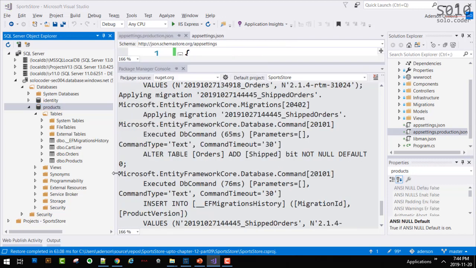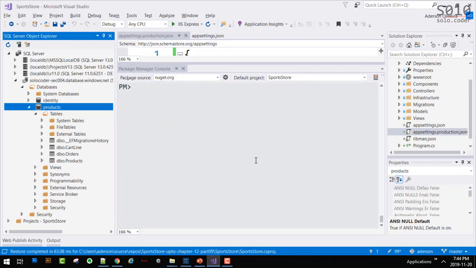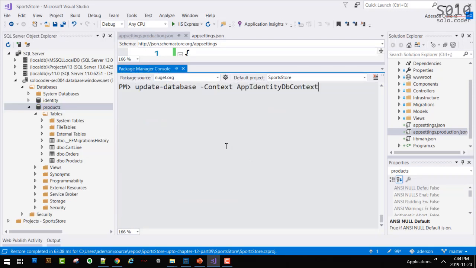We do the same for the second one. We run the same commands for the second one.